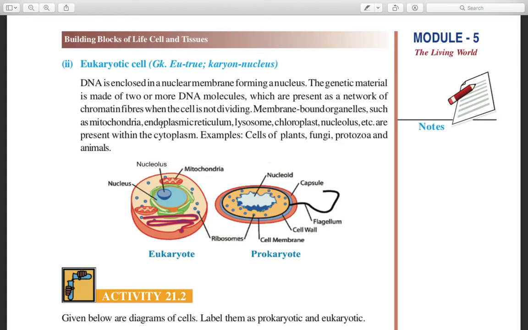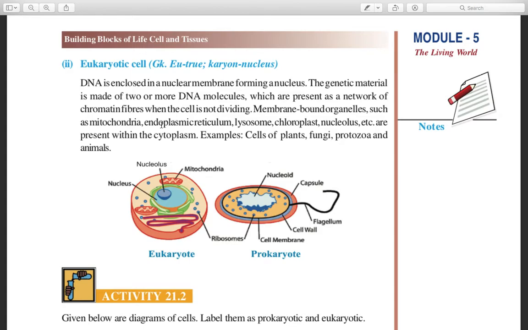Okay, the meaning of "eu" is true. Karyon is nucleus, so eukaryotic means true nucleus. That is, the nucleus is properly present in the cell. So the DNA is enclosed in a nuclear membrane, forming a nucleus. It will have a membrane, that is an outer covering, and the DNA is enclosed within that, and the genetic material is